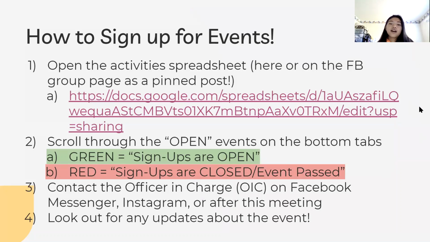Or you can check our Facebook group page as a pinned post. When the events are green, that means they're open, so you can sign up for them. If they're red, that means the signups are closed, or the event already passed. You can contact the officer in charge through Facebook Messenger or Instagram, or even after this meeting, and look out for any updates from the officer.